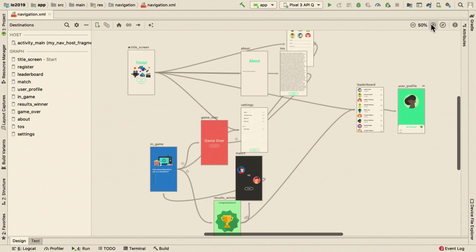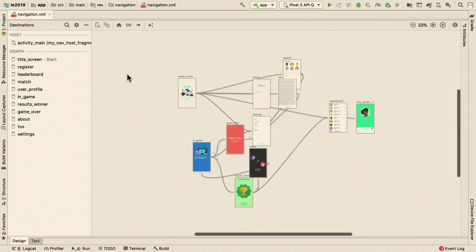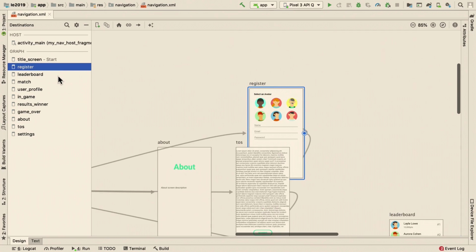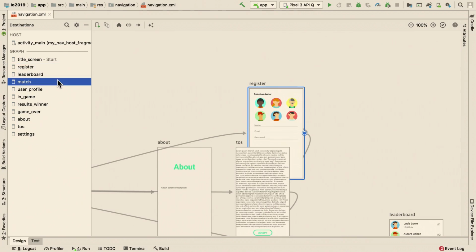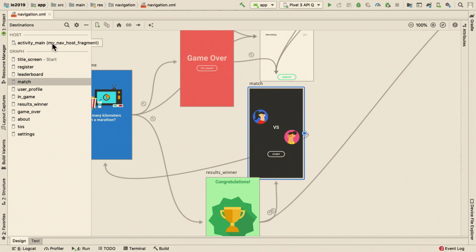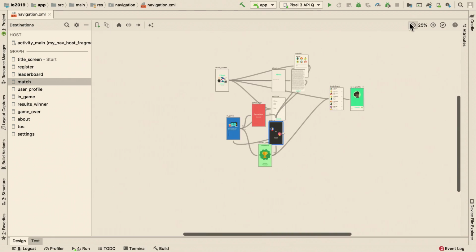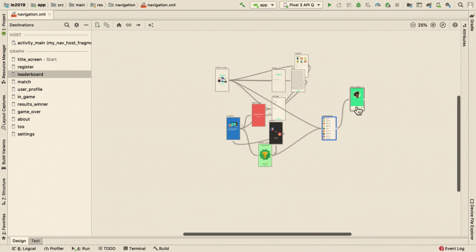So you can press plus and minus. You can navigate through the different destinations, clicking on the left side. So you can see how the different destinations look. But I wanted to show you that in this situation, so basically I have changed some things. You can manually move them around. But I want to get it in a consistent state that basically I